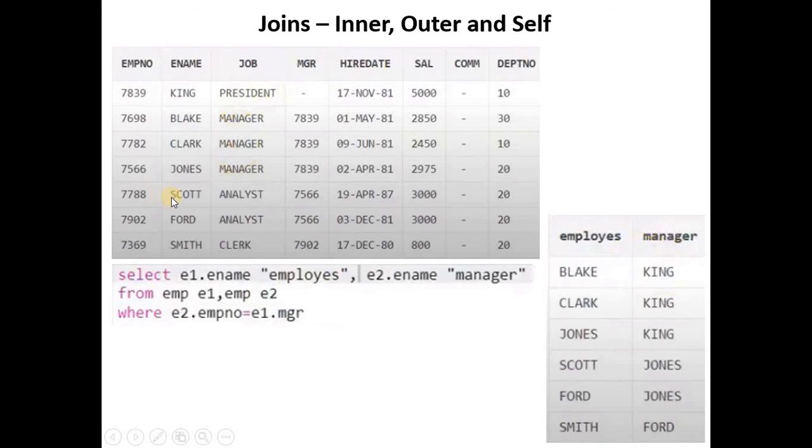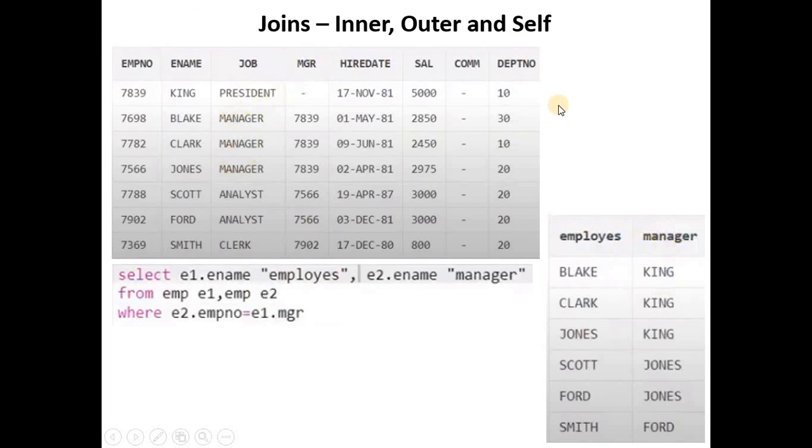So this is an emp table. e1 is referring to that, and another copy e2 is also referring to that. So I am trying to join this table with itself. On what condition? On e2.empno equals e1.mgr.